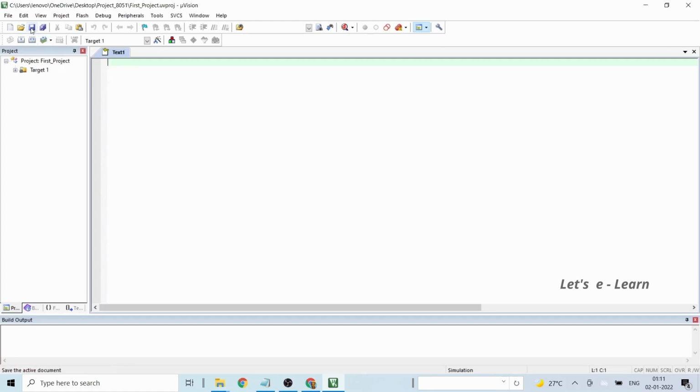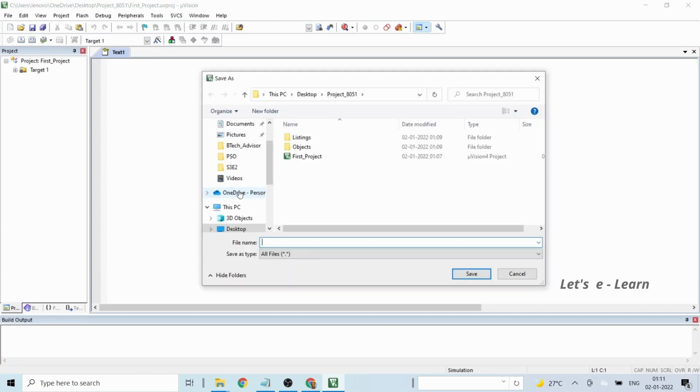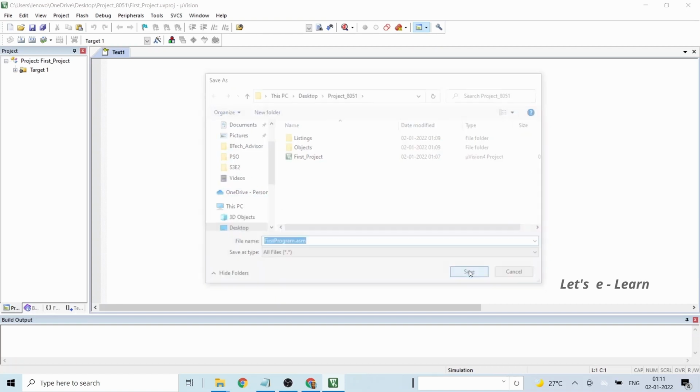Save this file in the same folder where you have created the project. Let the name be first program and make sure that you give the extension as .asm as we are writing an assembly language program. Click on Save.